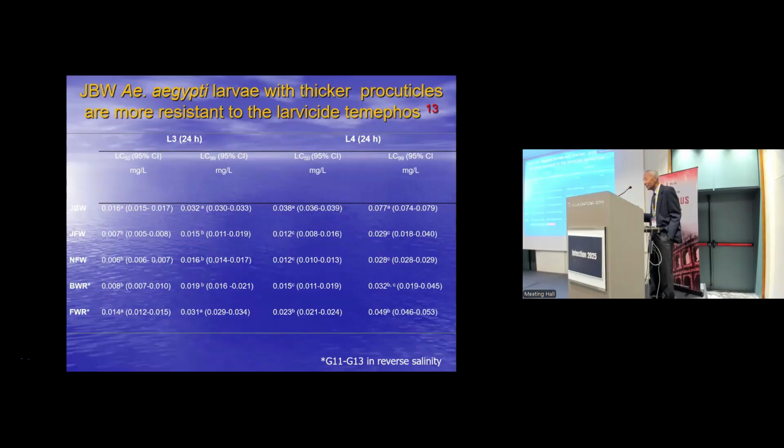And what is even very consistent and rather nice is when we reverse the salinity, what you call the reversal colonies, the Temephos susceptibility tends to change towards that of the altered salinity. So this is partially reversible, if not wholly reversible in some cases. So that's an indication that the resistance is due to the salinity in which the larvae are reared. Okay.